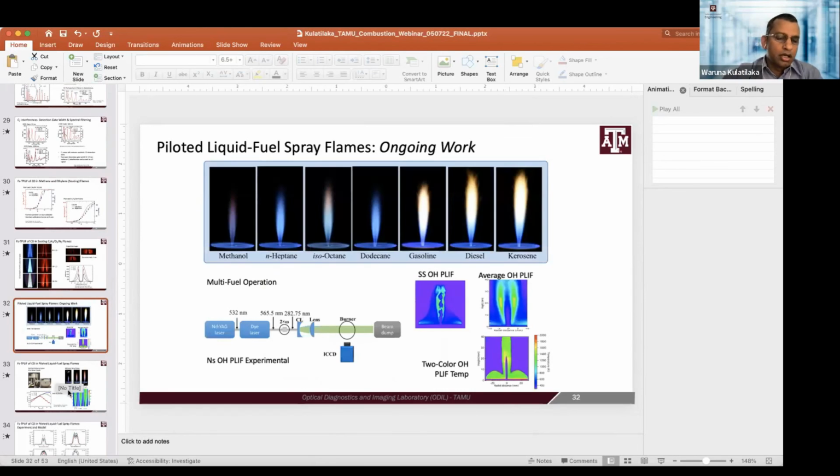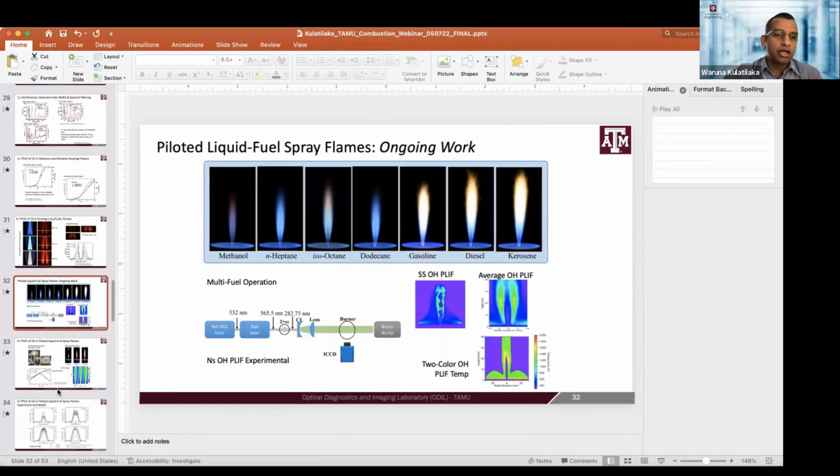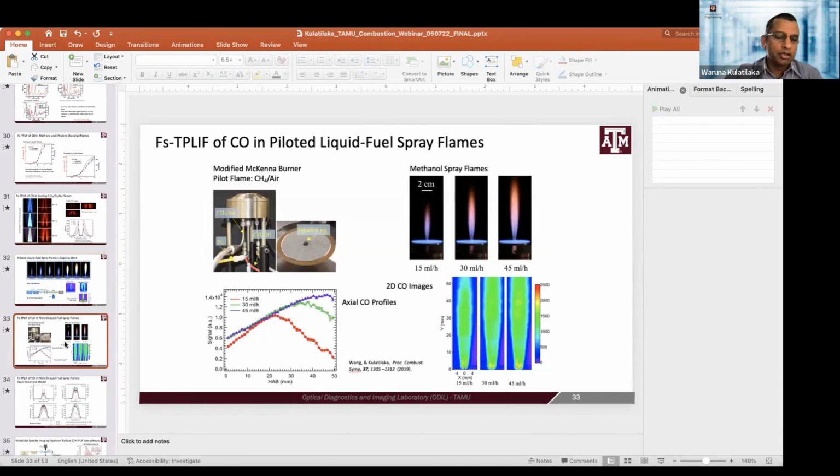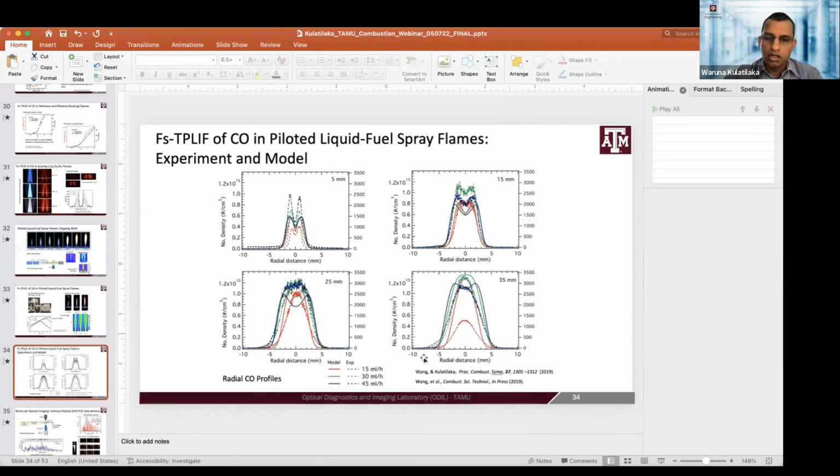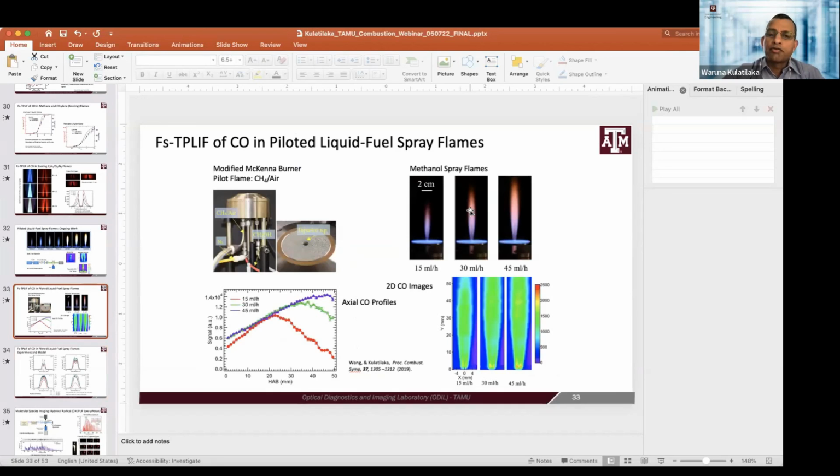Yeah, absolutely. If you're interested, actually, I can share the paper. We have a paper in which we did the simulation and comparison. We have actually 2 papers on this, I think. So we described all the flow parameters and the burner geometry. So what was the second part of the question again, Isaac? In particular, how serious are the effects of the burner lip and heat transfer to it on the CO and OH concentrations? Yeah, well, so we are looking at the liquid spray flame.